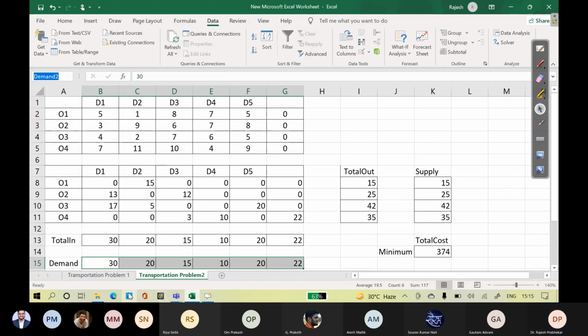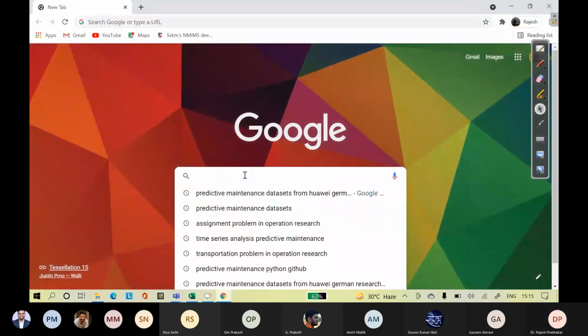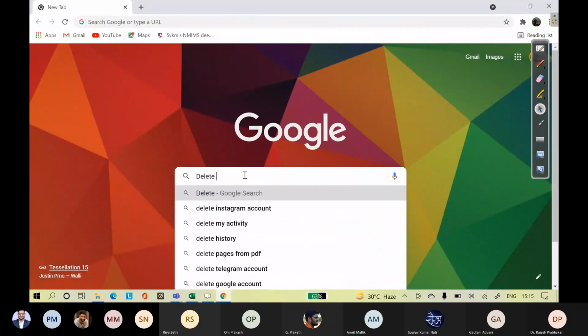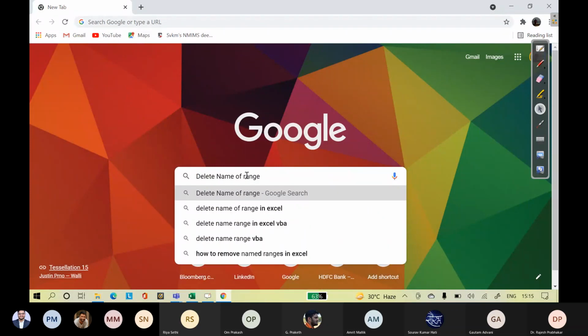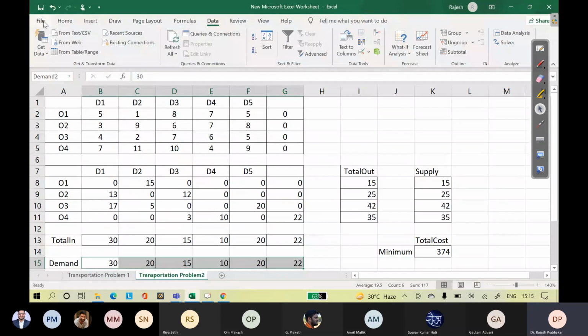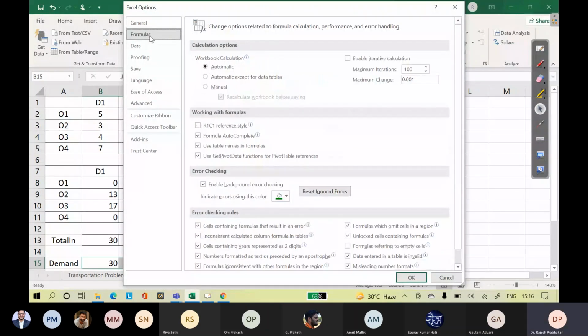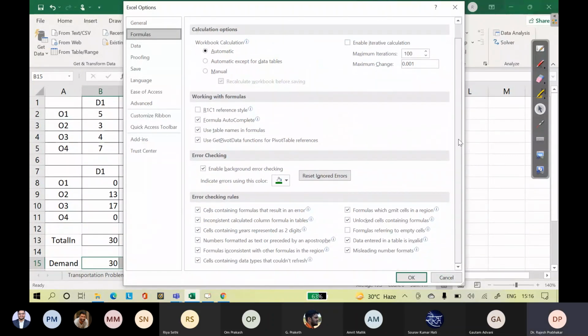One second, there is a method here, I forgot. Click File, Options, Formulas.